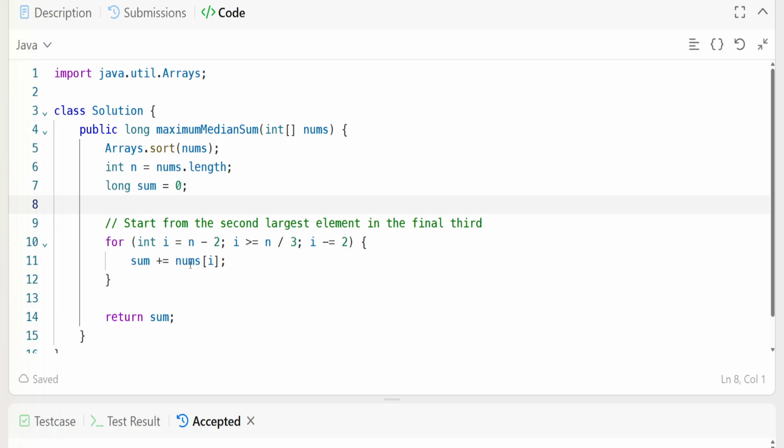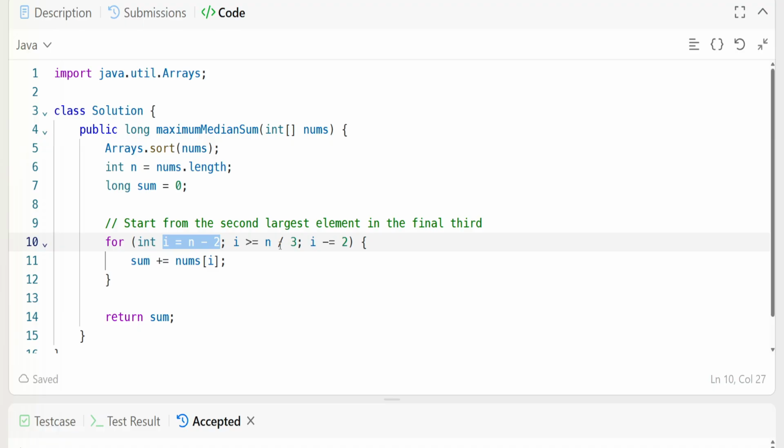So how does this greedy solution work? We have to find the largest sum. So we need to pick 2 numbers, one is smaller, and the median and the second largest, we can say. 2 largest numbers plus 1 smaller, and the second largest will become the median, right? And that we have to pick. Okay, so after sorting, medians are located starting from where? The second last element, so you have to start from the second last element, and we'll skip every alternate